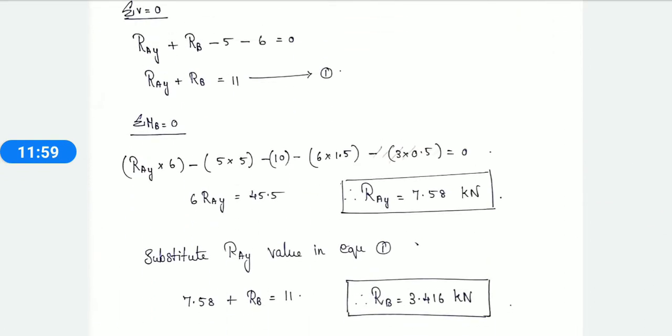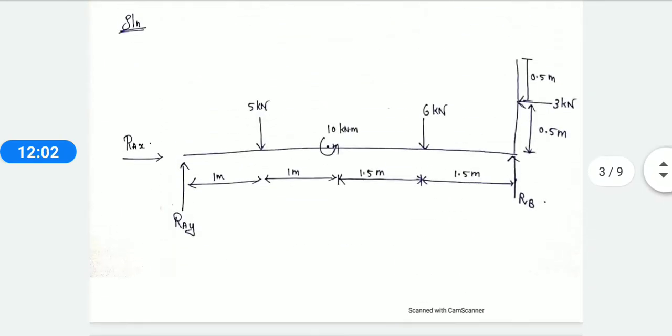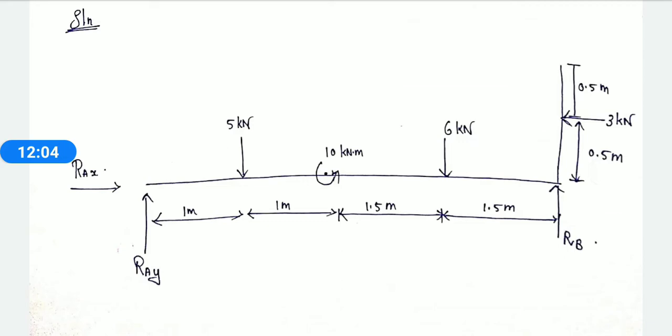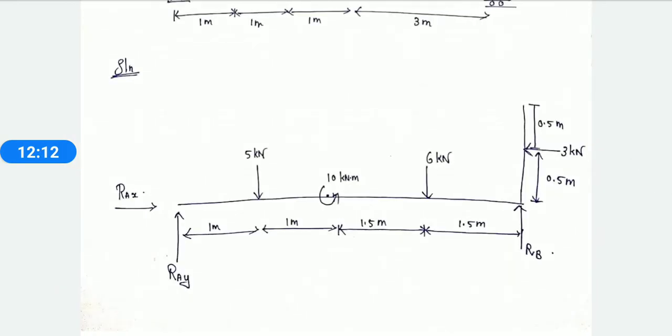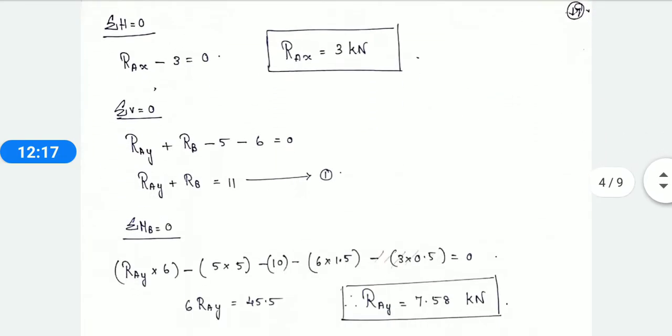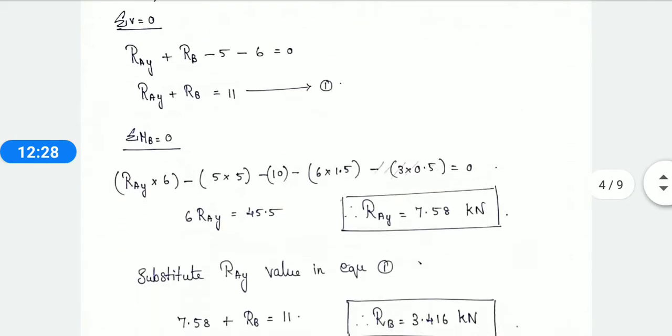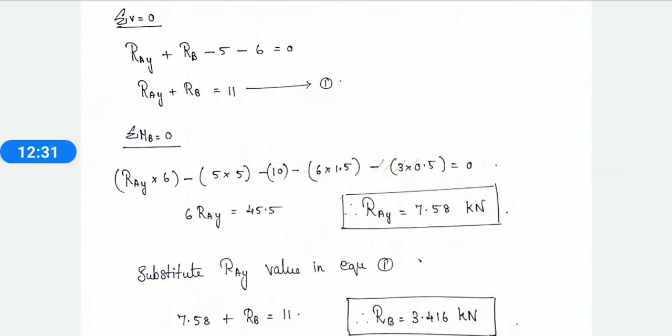Why are we not considering the 3 kilonewton? Since it is acting on the same plane, we don't have any perpendicular distance. But when you take moment at A, you have to consider this 3. When you take it at B, you don't need to consider this distance. According to that, you can take it wisely on any one of the sides. At A also you can take, at B also you can take, but the answer will remain the same. So you should not conclude that because I had taken moment over here, the answer will be different. It will not be. Wherever you take, the answer will be the same.